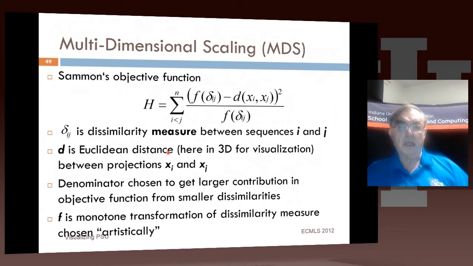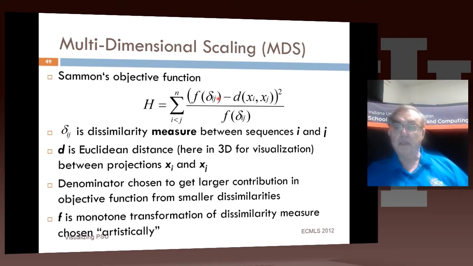And this slide here points out how you do this particular multidimensional scaling. For those familiar with the chi-squared concept, it's basically chi-squared. You map your sequences to points xi, and sequence i goes to a point xi in 3 dimensions. You calculate the distance between sequence i and sequence j in the original space. You apply a monotonic function to that calculation to make it have better properties. Then you take this